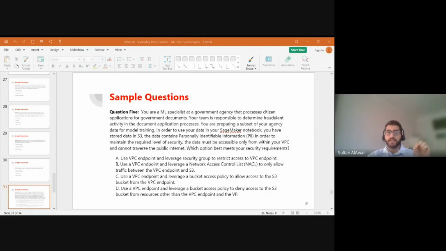So this is about networking and security. Keywords to look into here: data is stored in S3, PII information, and the data must be accessible within your VPC, and it cannot traverse the public internet. So in this case, we have to think of VPC endpoints, which help us to build a private connection between our VPC and the AWS services without going through the internet. If we look into the options,